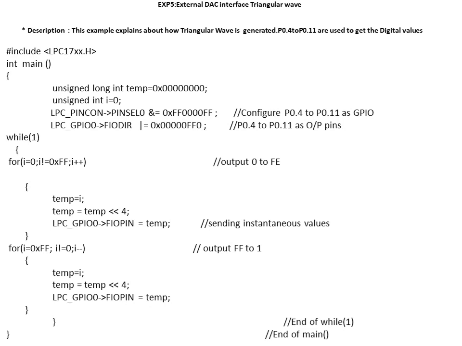Next thing is we want to make them output pins only. In order to make them output pins, the register that is responsible is FIODIR, the fast input output direction control register. Here, if you want to make the pins output, you need to put the value as 1. If you want to make the pins input, you need to put the value as 0.